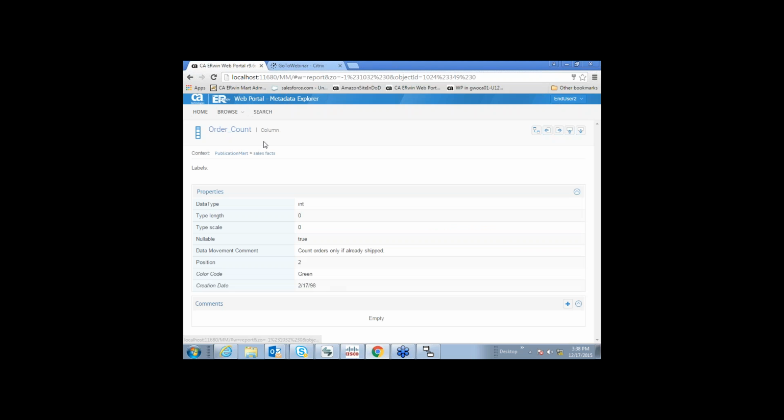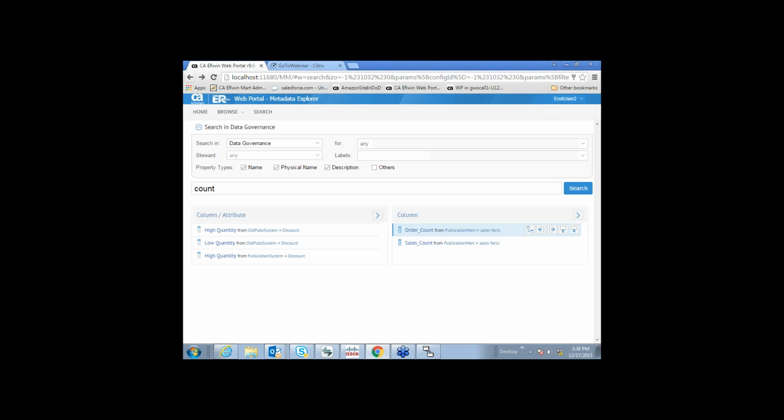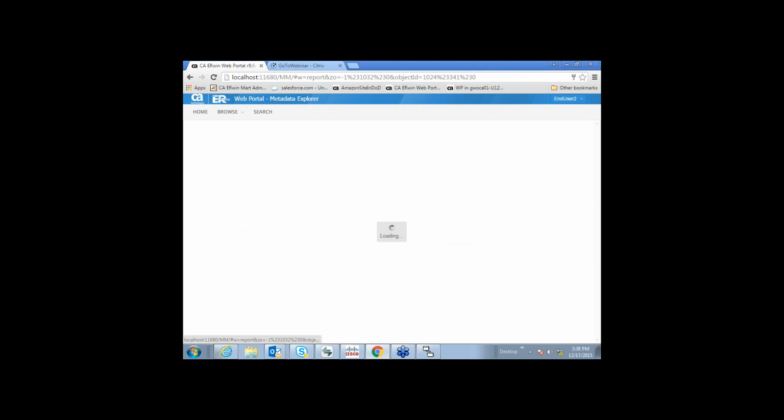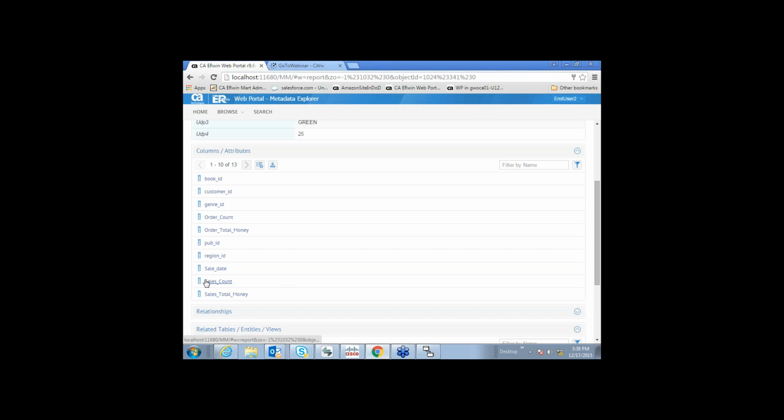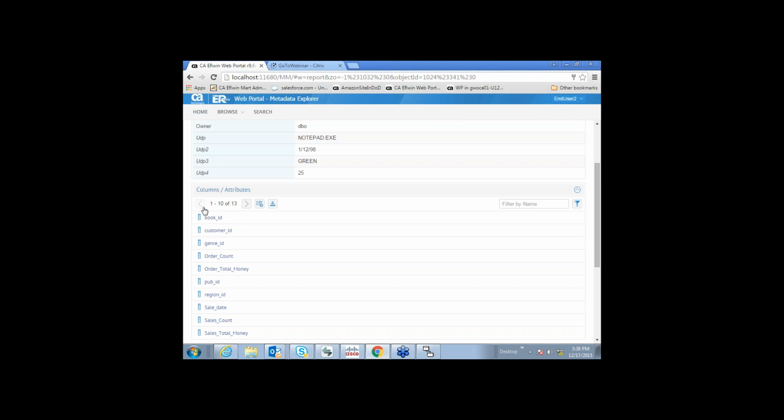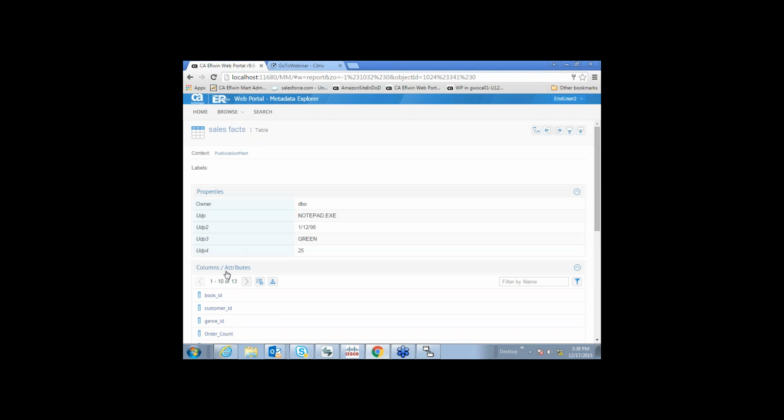There would be a definition here if this particular structure had a definition in the model, which I always emphasize: we need to remember to document what we put into ERwin. This is a good example of what not to do, but we should have a good definition in here. You can see all the details, and we can back up a page and look at the sales fact table. These are all the columns of the sales fact table.